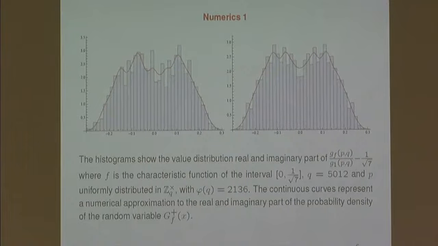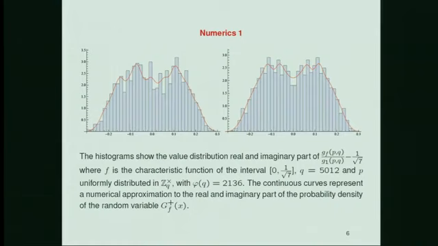And we have phi of Q, which is the Euler totient function, and it is 2, 1, 3, 6 in this case. The red curves here just represent the numerical approximation to the real and the imaginary part of the probability density of this function,